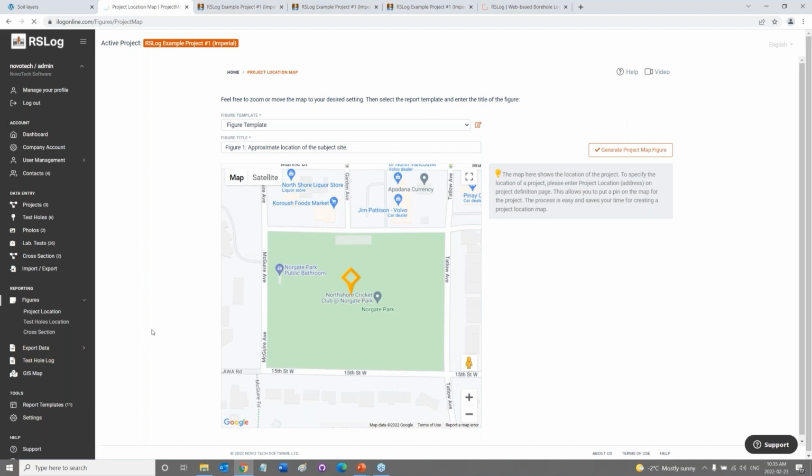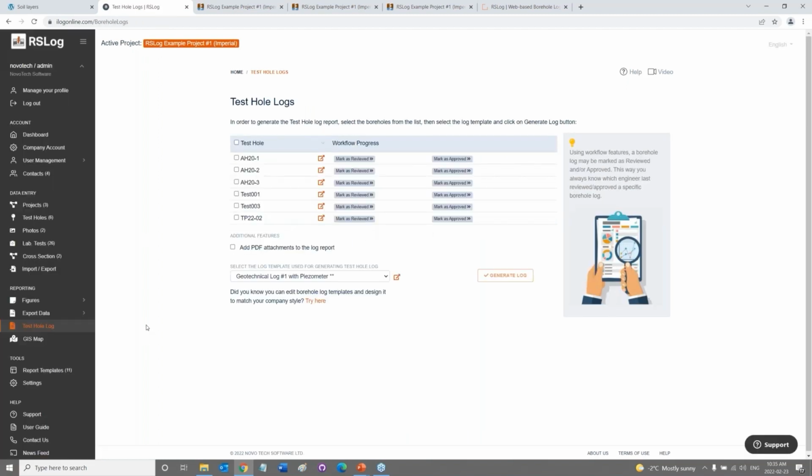Let me show you the test hole logs. I have another 3 to 4 minutes here. So the test hole logs, after you enter all your data, you want to prepare the borehole log, you just choose the borehole from the list. You can choose multiple boreholes, and here you choose the type of